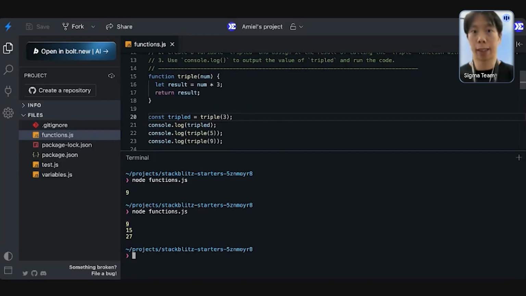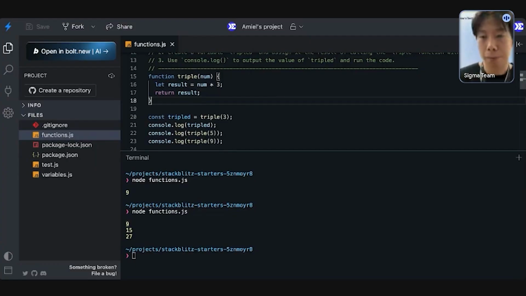This is simple math, but let's say you're doing something really complex, like authentication or cross-checking. Imagine very complex code. This is where functions help you resolve redundancy from writing the same exact code.